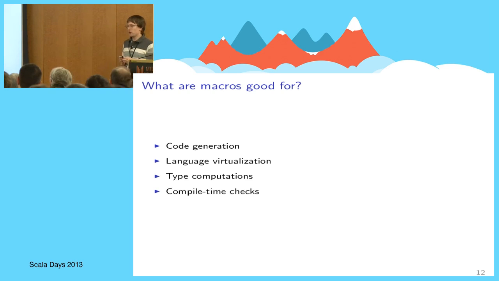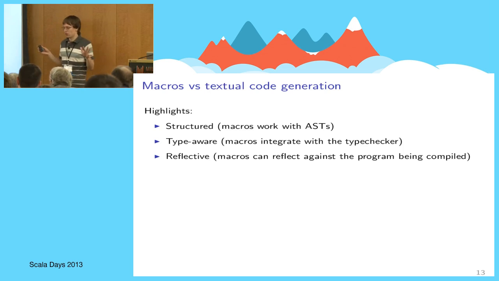All right, and the final thing that I want to cover in this starting section of the talk is the question that I've been asked a lot yesterday here. So what's the relationship between macros and textual code generation? In my opinion, macros have great potential to supersede code generation altogether. And here's why. Well, first of all, macros operate on a higher level of abstraction. When you do textual code generation, you throw together strings. But macros have a structured representation for code, this abstract syntax tree, right? And this is more robust, this is more maintainable, and more enjoyable as well.